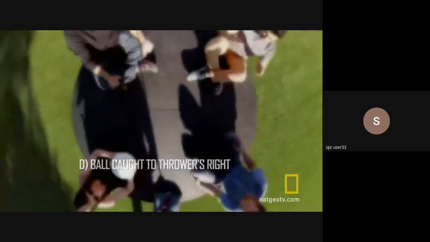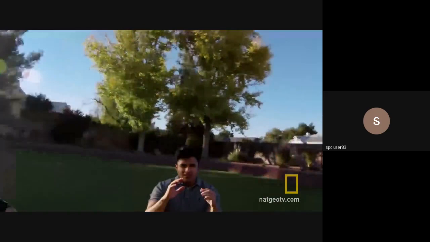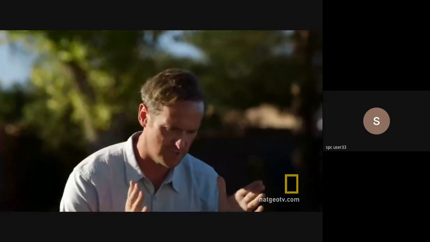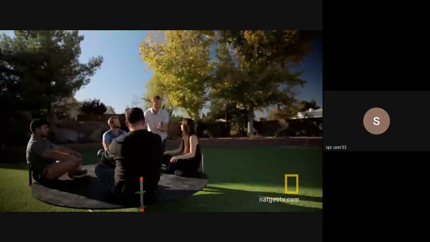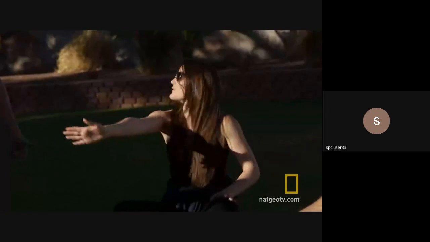So the answer was D. It was caught by the person on the thrower's right. Our camera angles seem to show the ball bend in the air. So is that a camera effect, or are we seeing what they saw? Hang on, this couldn't get much more simple. The idea was just to throw the ball straight to Victor to show us his amazing catching skills. That's right. Yeah, it did. It just curved right over this way.